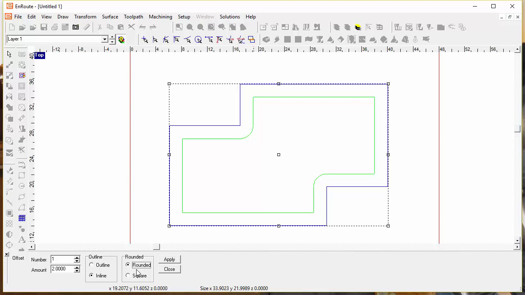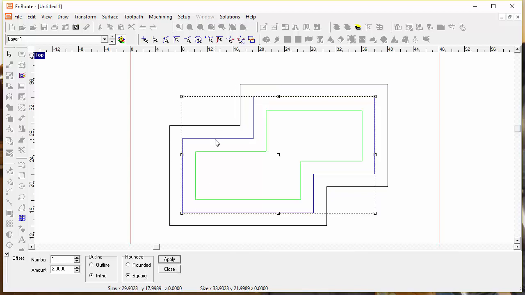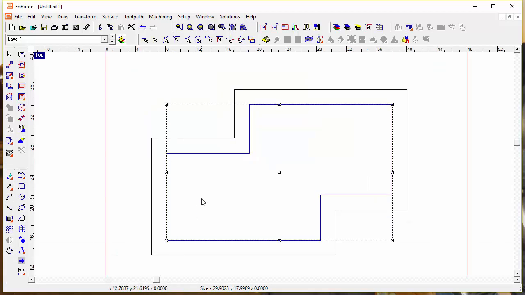So I'm going to do, let's say, a square offset, which represents the routing offset, and I click apply to that. So now that's the toolpath that would have been created with the offset, and in this case with a square offset. So with tool compensation,